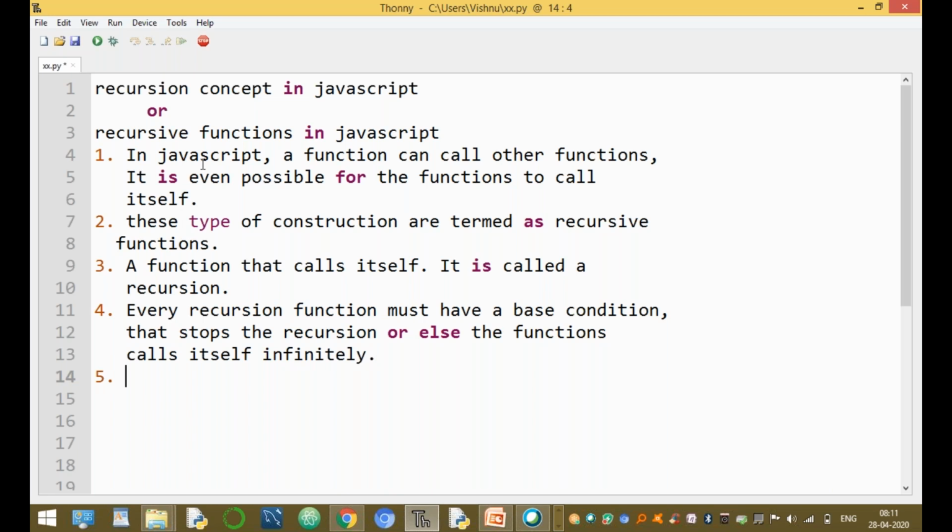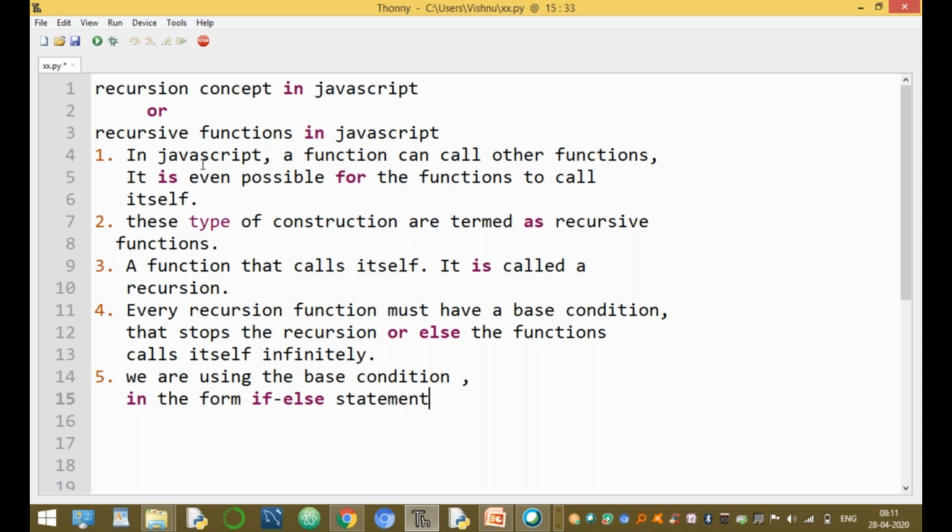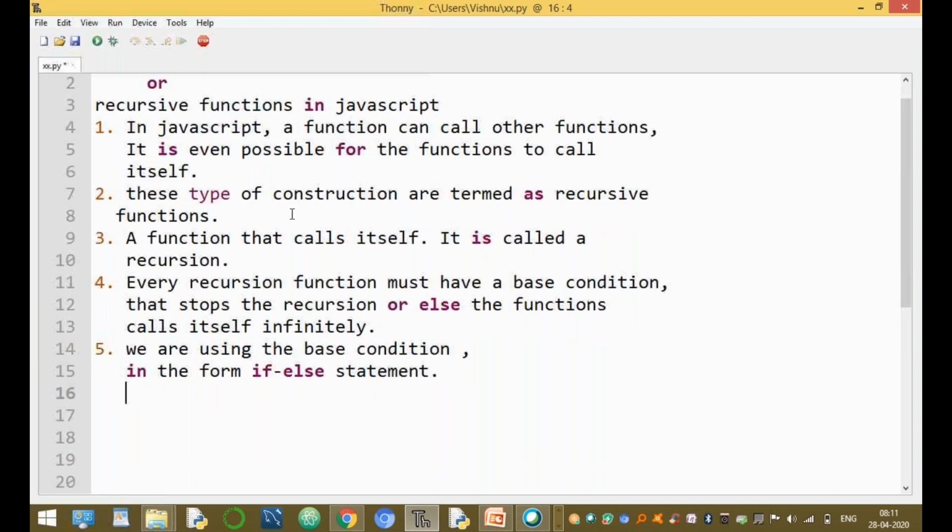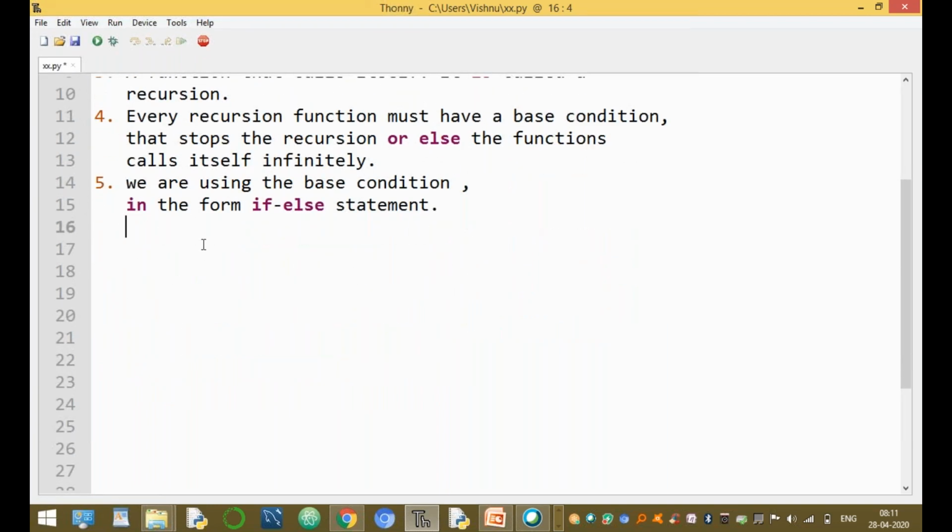That's why we are using a base condition, in the form of an if else statement. Now, clear what is recursion? Recursion means a function calling itself is called recursion.